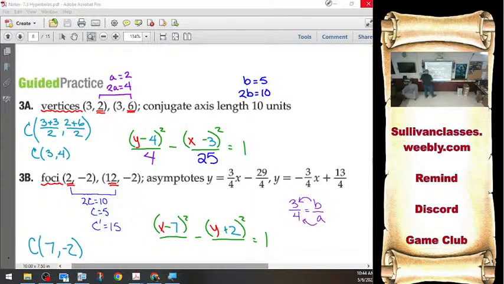Okay. They weren't messing with us. That is actually going to be 16 and 9. That has not changed. But I have to match it with the foci. If I don't match it with C, like,